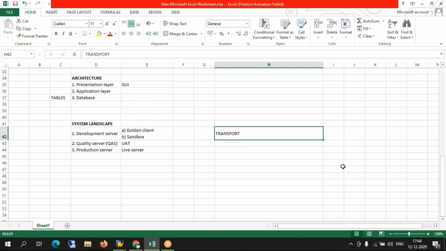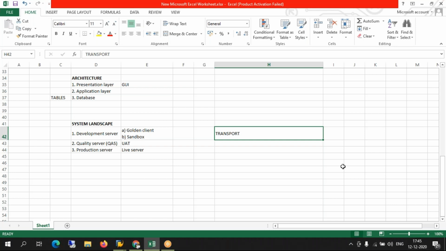Right. On the system landscape, I hear a lot of this terminology at work. When they're doing the training of this new SAP HANA, I hear them say we have to go to quality server and go do a testing. We use a lot of that terminology, and the production is where the end users are. Exactly. This is what I said. Every day you'll be hearing this terminology.